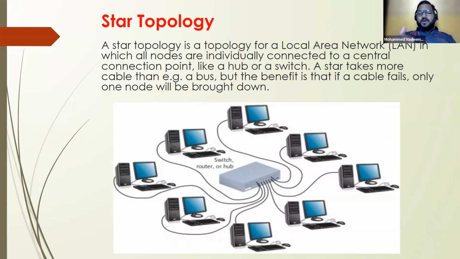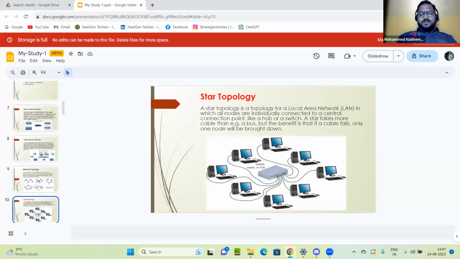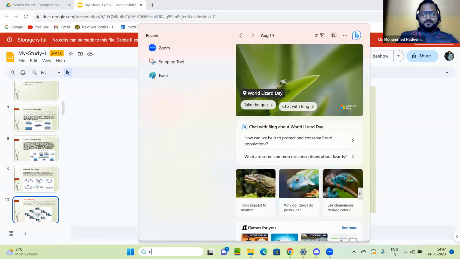If you have a 48 port switch, there will be options. You may want Ethernet port, Giga Ethernet port, 10 gig Ethernet port, or 40 gig Ethernet port. These are the options available. Usually in a LAN, let's say you purchase a 1 gig switch, so every port will have 1 gig speed. When I talk about bytes, let me open